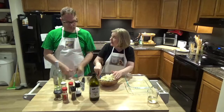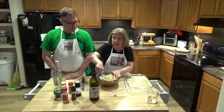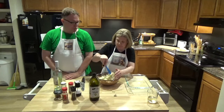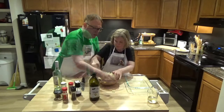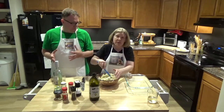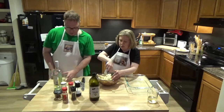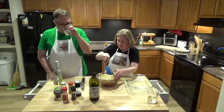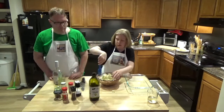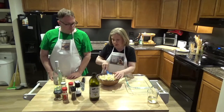So, stir your cauliflower and the olive oil to distribute it as evenly as possible. Basically, we ultimately want all of the cauliflower to be coated with olive oil. Yes, because that'll help your spices to stick. But not too olive oily. Right. You want to use it to make the spices stick, but you don't really want to soak it. And you also want to have a nice little coating of olive oil so that it keeps it from